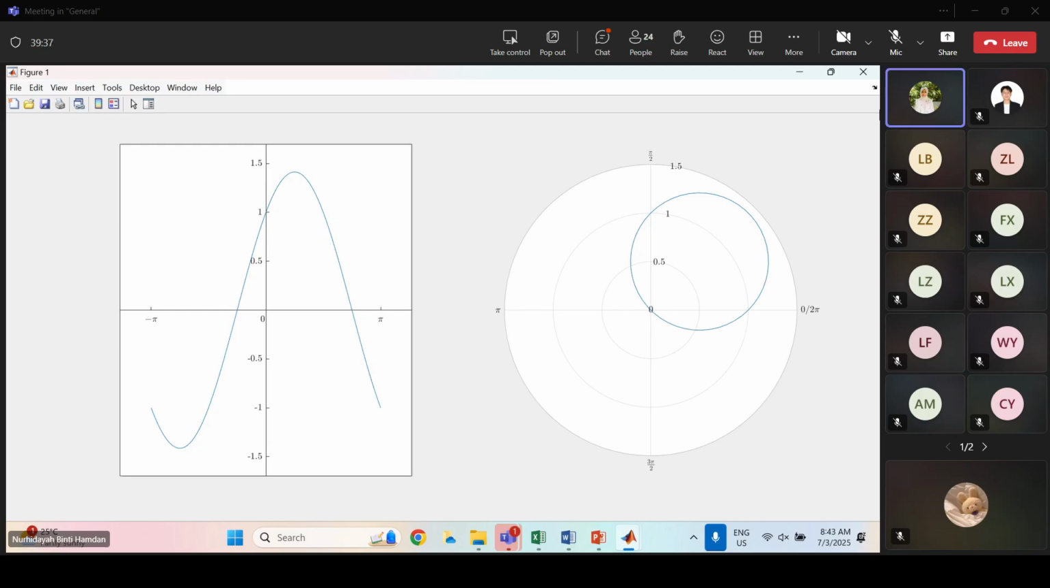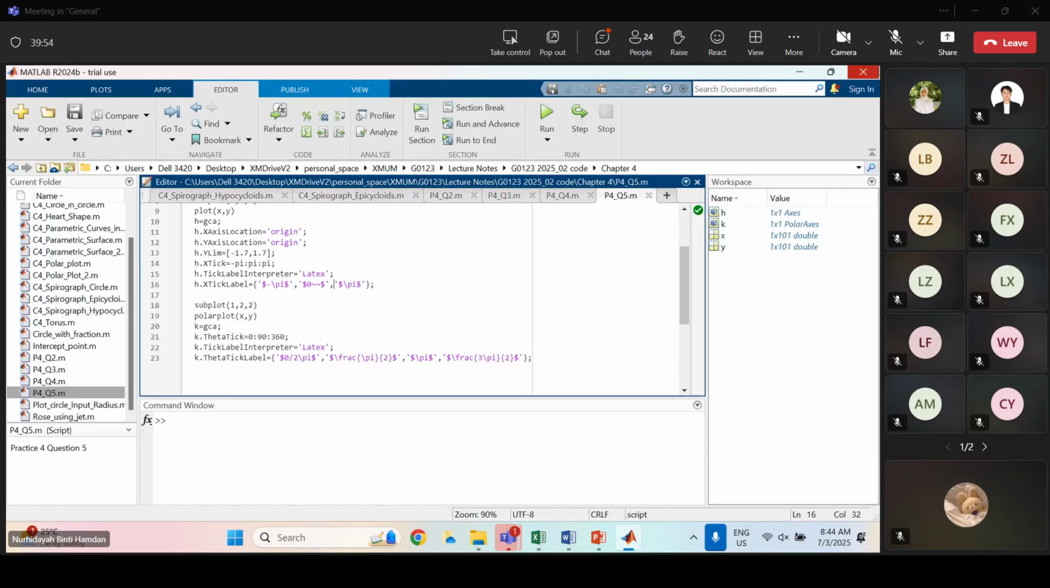Okay, so this is the answer for question 1. This one is not complete. Actually, you have to put an arrow here, then label Y and X. Then do it by yourself. And maybe you put a title here. You can put a title for each. Okay, next is,